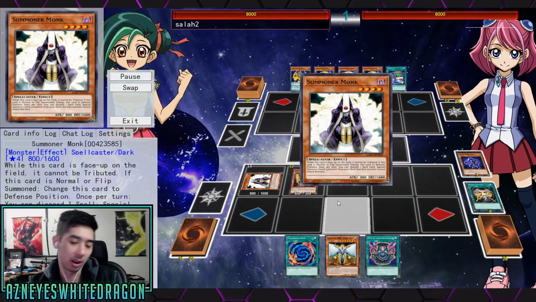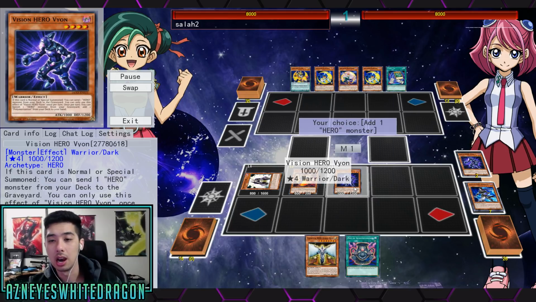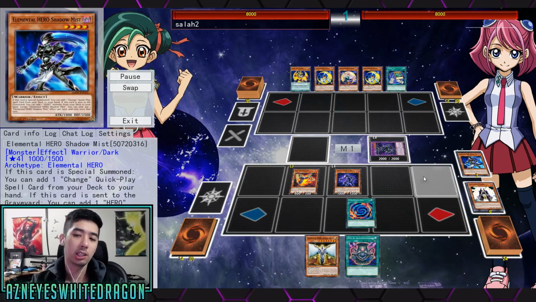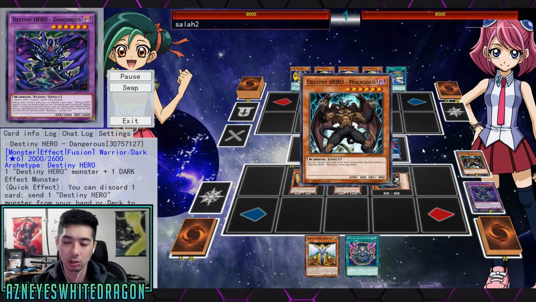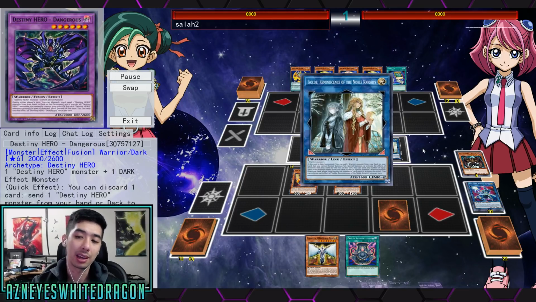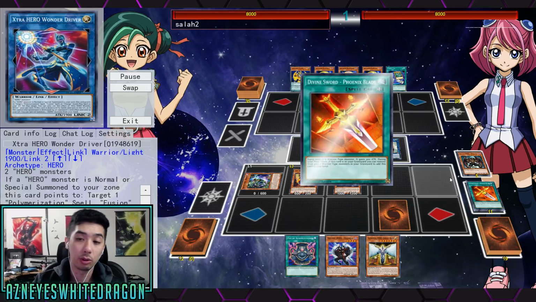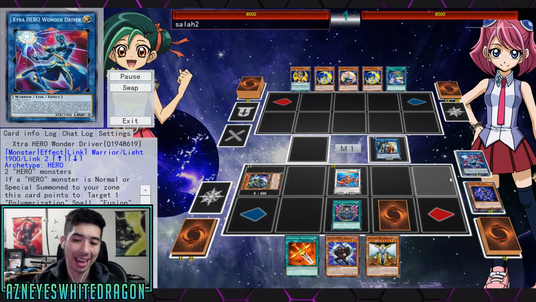Well, Summoner Monk gets you whatever hero you want, and on top of that, a lot of the other heroes, like Vyon, will let you send, of course, Shadow Mist. Shadow Mist will let you add whatever you want. So it's a pretty simple concept. Again, you're just making one of the Destiny hero fusions. Basically, the Malicious that you add, you use the Poly to make it, and of course, when you go for the Wonder Driver, you're going to be able to utilize that ability to add that Polymerization right back in and